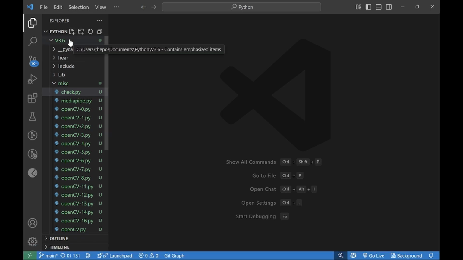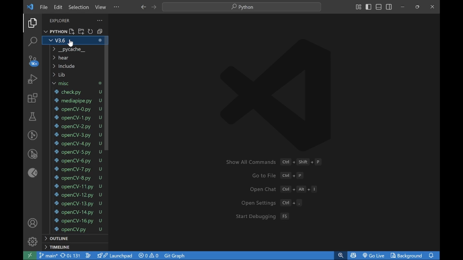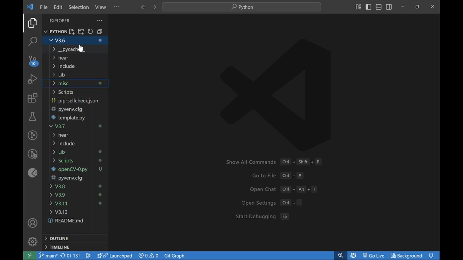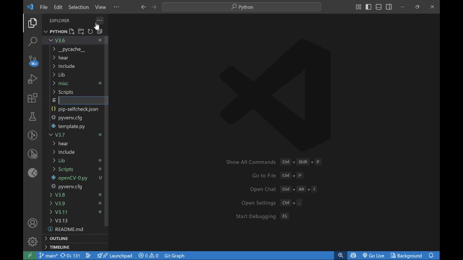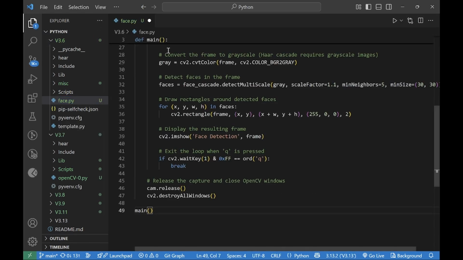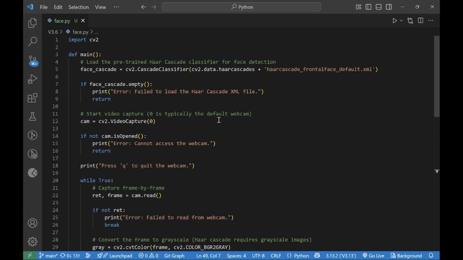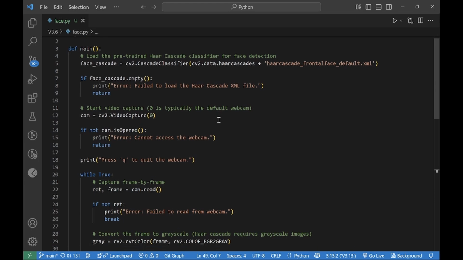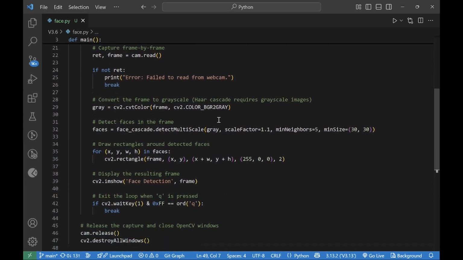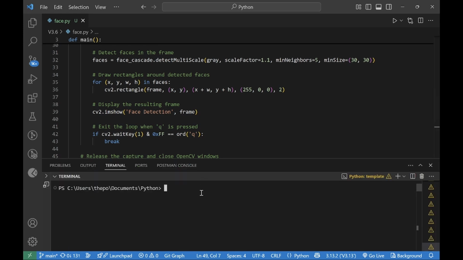Okay, so let's try to do this in Visual Studio Code. You can see here I have this file folder, and I'm going to make a new file, face.py. It's going to be what you just saw. And here we are. So I'm going to press Ctrl+tilde,